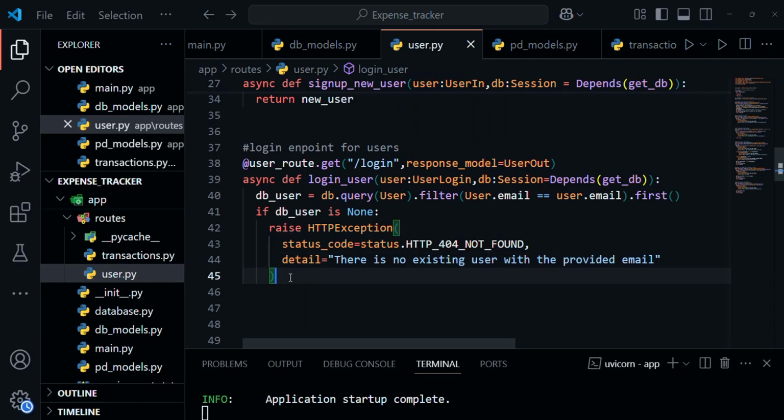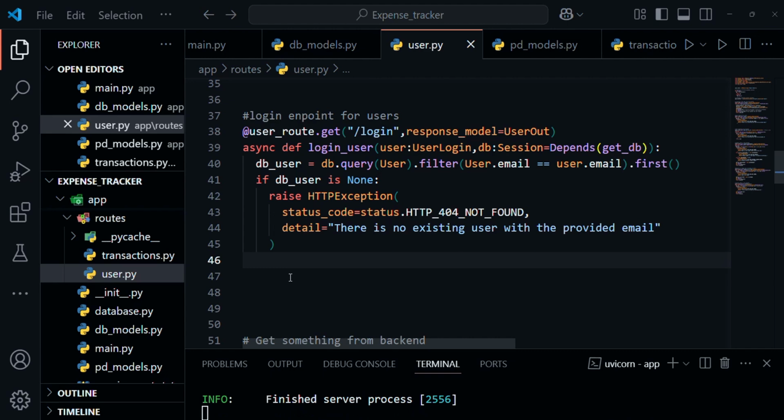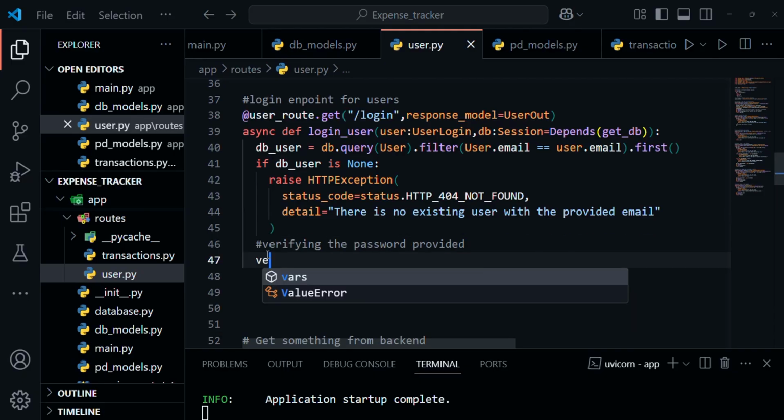Okay, but then if it is not, there's no existing user with the provided email, fine. But if it is, so if the user is found, now we need to verify the password. So here we need to verify the password provided. How do you do that? So you are going to have a